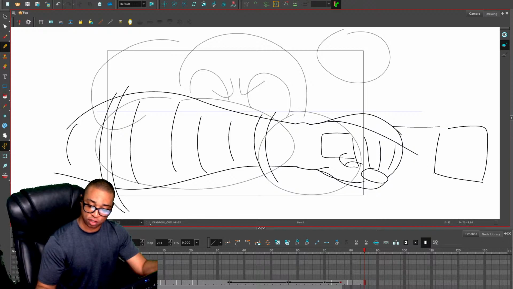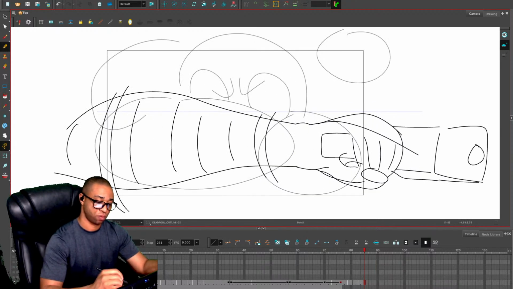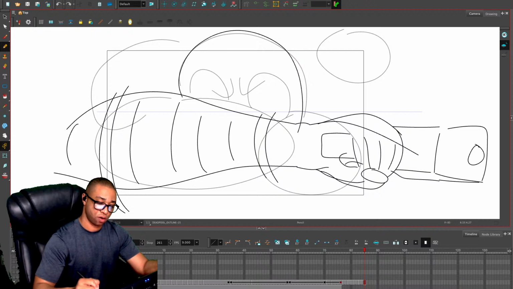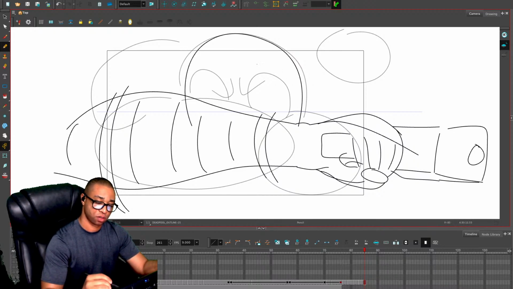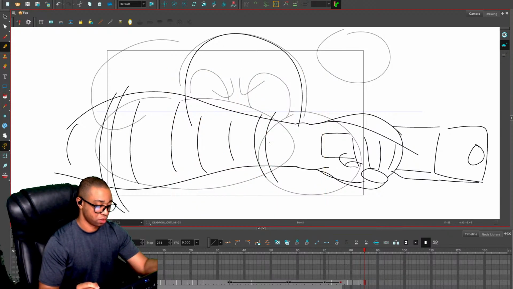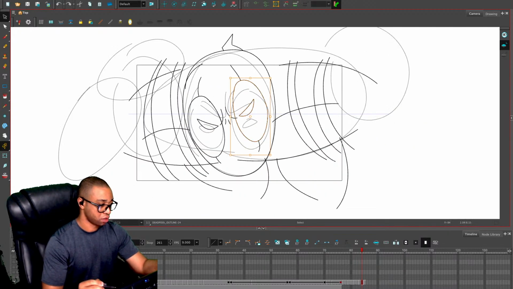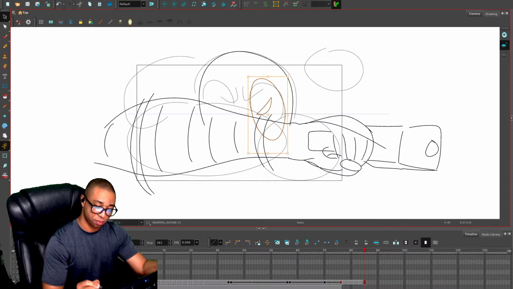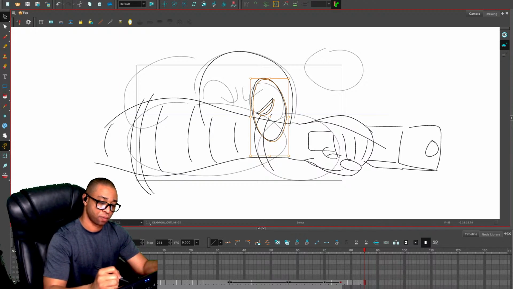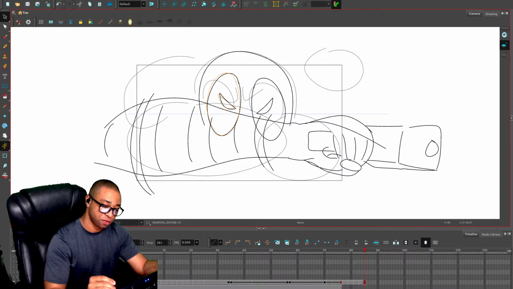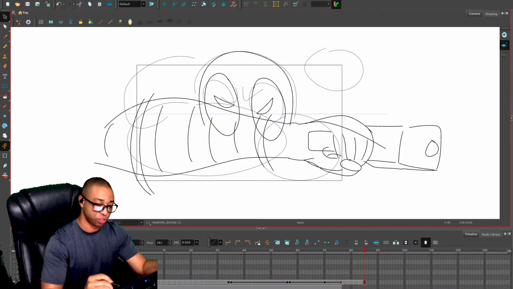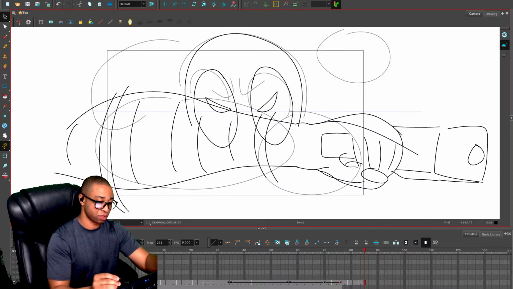Going to use a little bit of foreshortening here. Ah, man, I couldn't get the circle right. I'm going to grab these eyes so I can know right where to put them. And if these drawings end up being good enough, I might just tweak them instead of trying to redraw them over again. Like this head is definitely not going to do it.